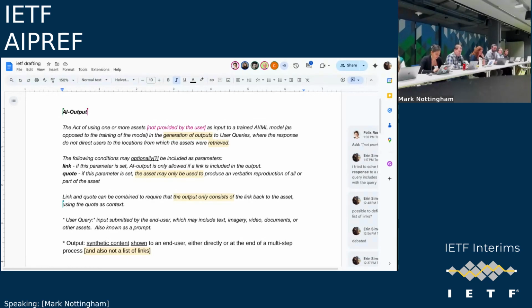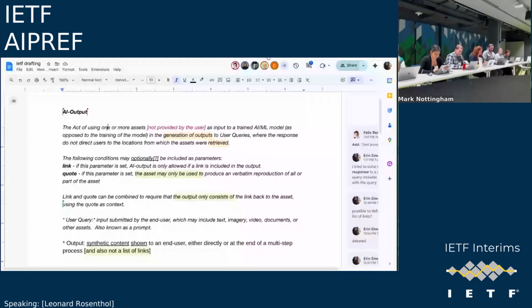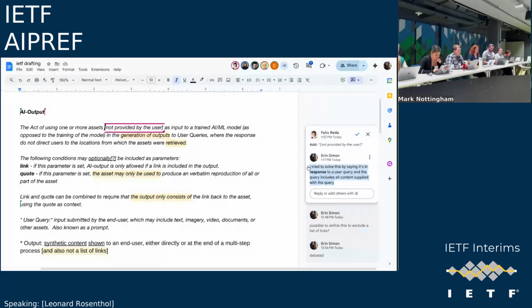Leonard's up next. Yeah, so I will say that, assuming the inclusion of the section in purple suggested by Felix, I think this is a nice addition to the categories that we have been discussing. And I obviously consider it an addition, a nice addition to input and training and the other things that we've been discussing. But I would very much want to see that inclusion by Felix, because I think it goes to what we were discussing earlier and Bradley's proposal. Thank you.